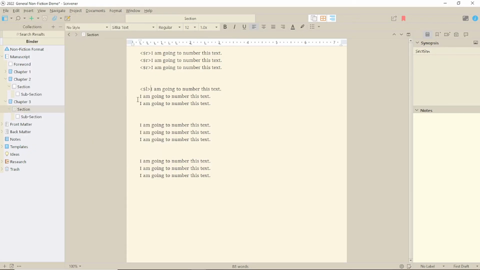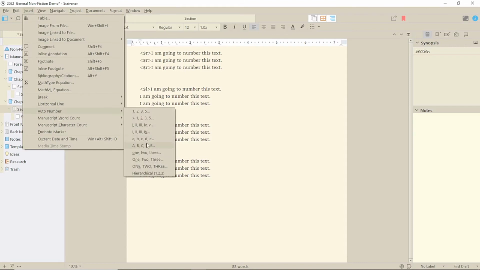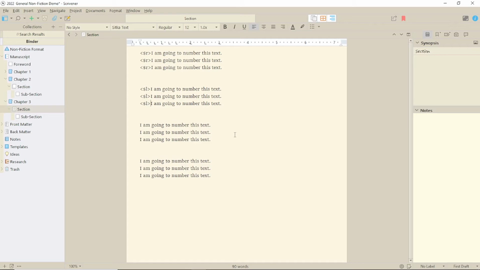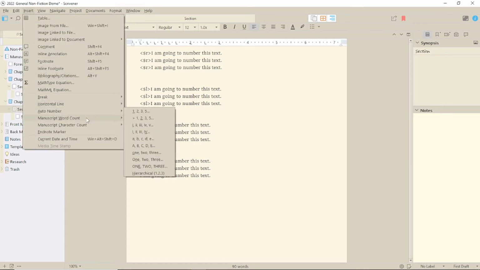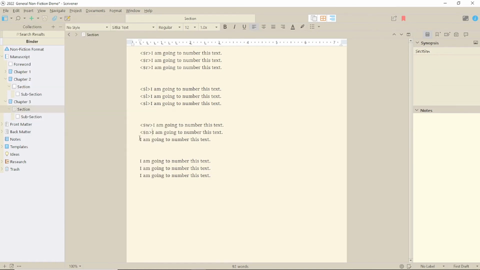As you can see, each type of numbering has a slightly different code, so you could just learn the one for what you need and type it when required. Or, so you don't have to fiddle with all the greater than and less than signs, you could create an autocorrect to help you along.